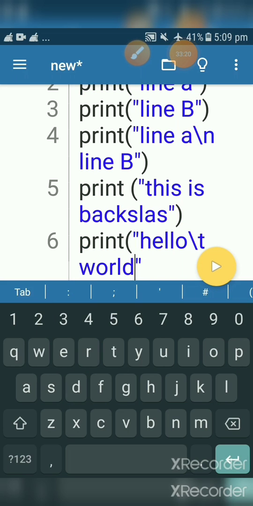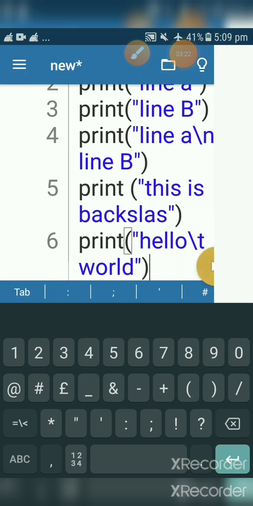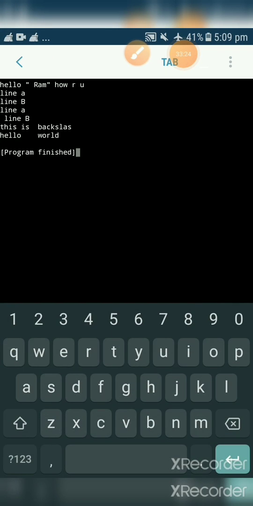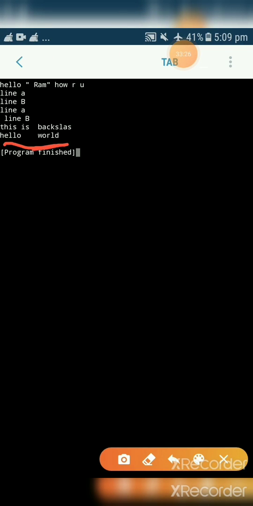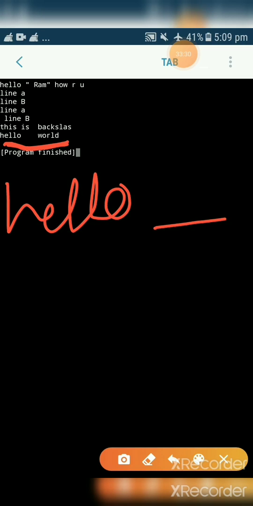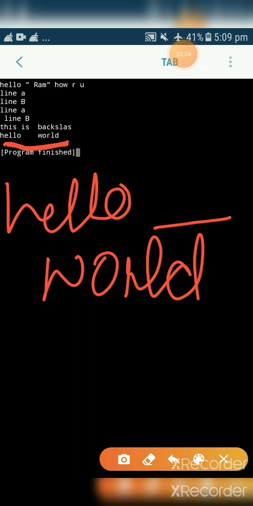Okay, now close this, run. So see here, you are getting space between hello and world. Hello space and world, it is written over here. Okay, so these are the escape sequences which we use.